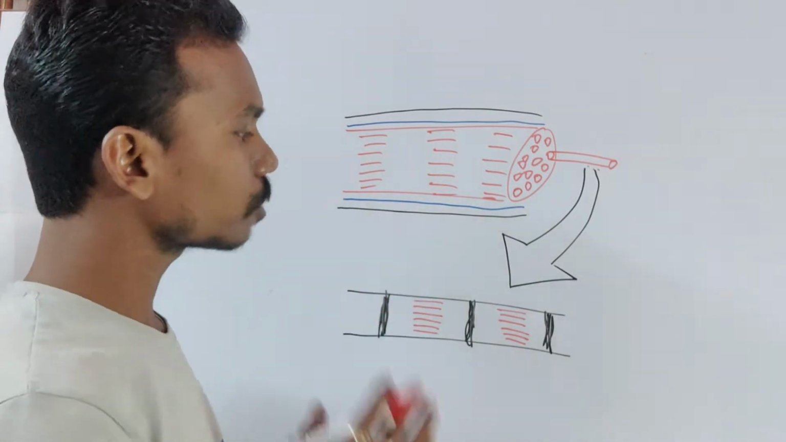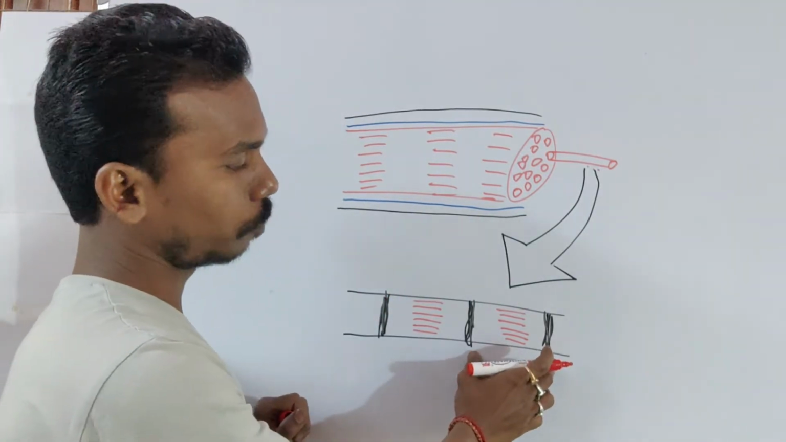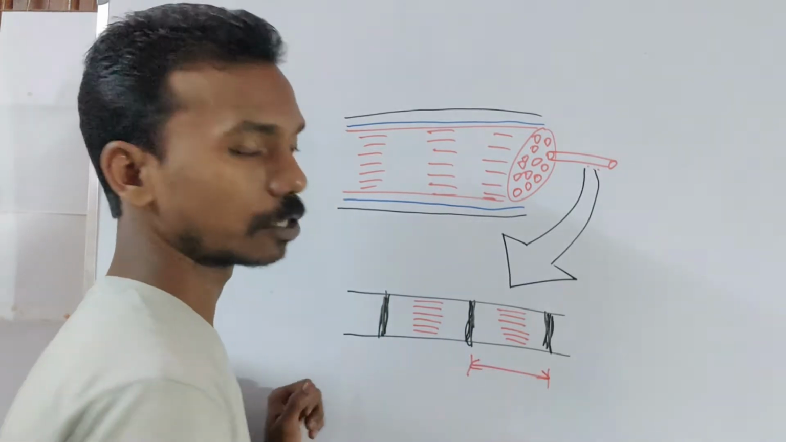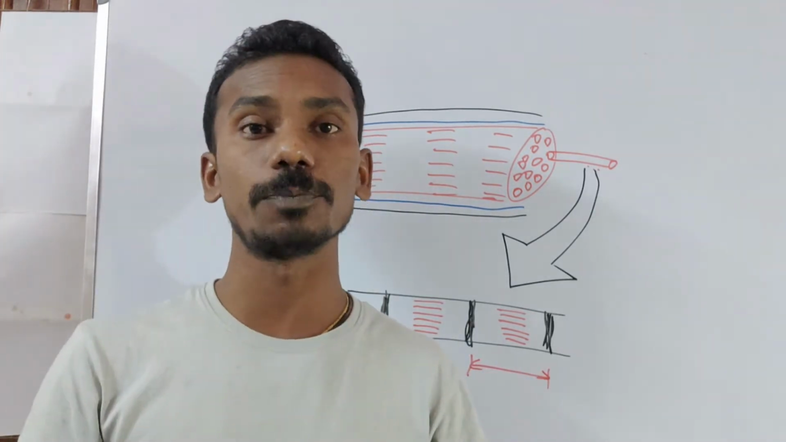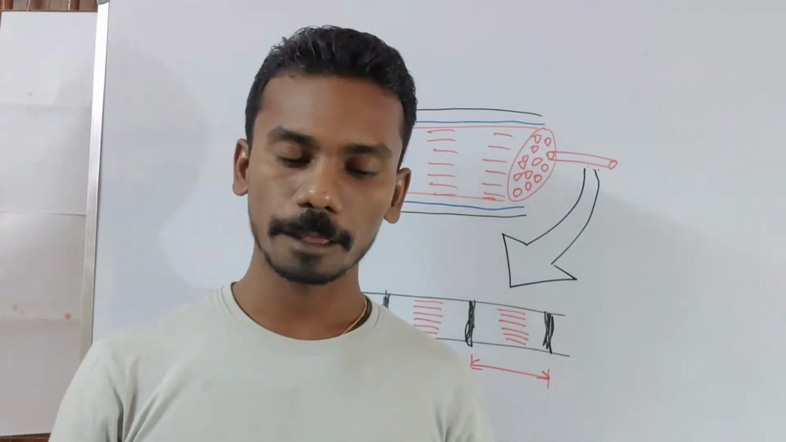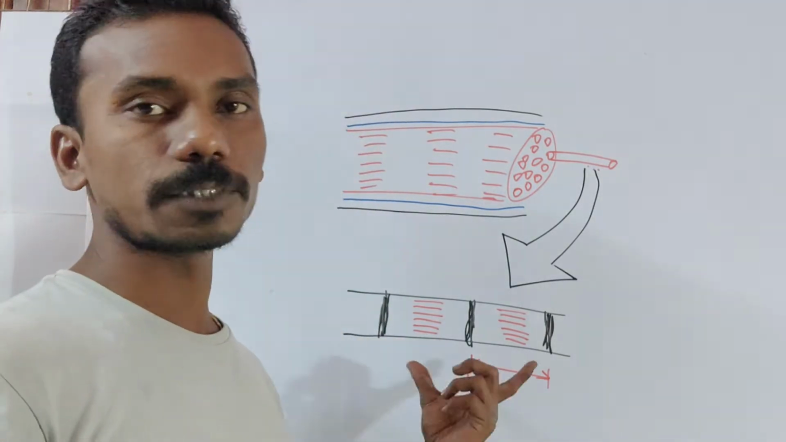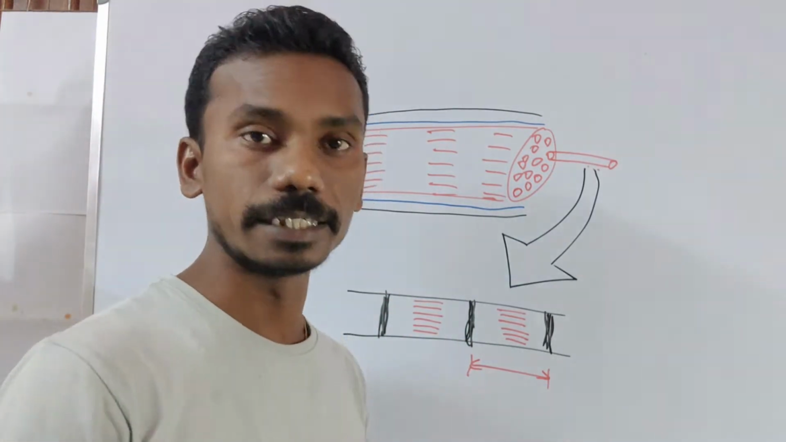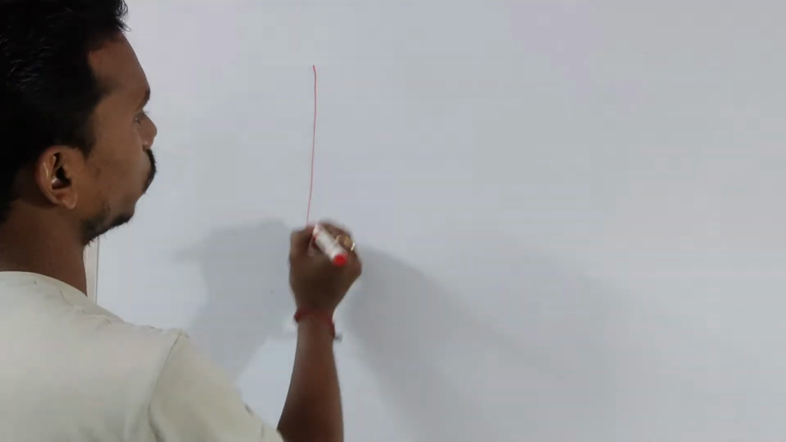In the case of the sarcomere, this one is the sarcomere, which is the contractile unit. The unit of contraction of a muscle fiber is called the sarcomere. So what is present in this sarcomere? Let's discuss this sarcomere in detail. If we draw a sarcomere,